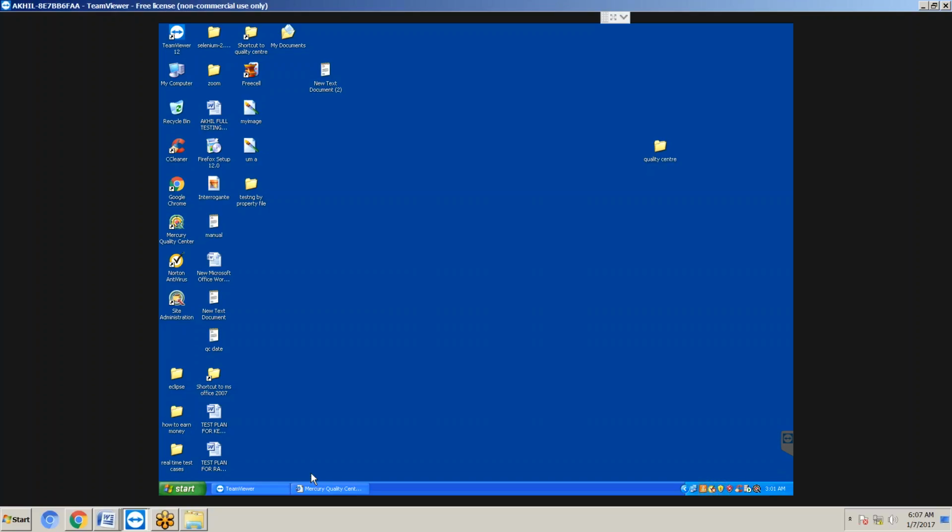Right, sir, that is what I am saying. Quality Center is just like a folder. We can keep the information and take the information. Everything we need to do manually. Quality Center doesn't know Telugu, English, or anything. It is just a folder.